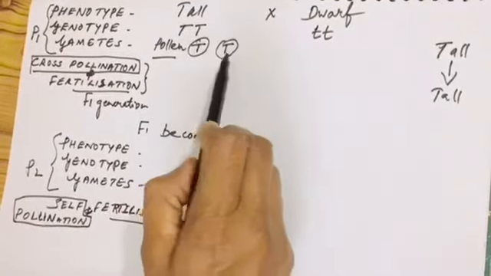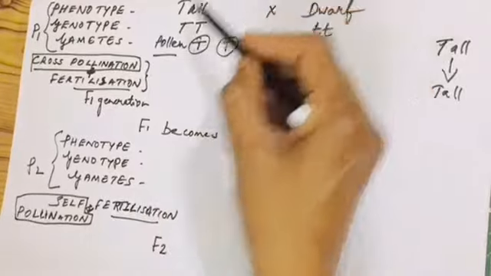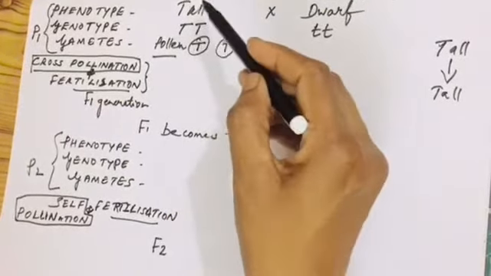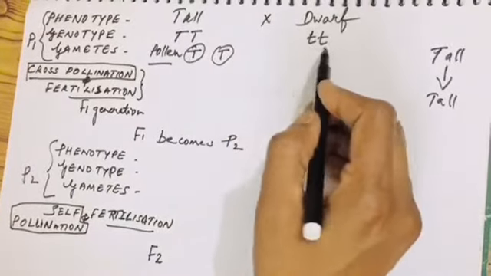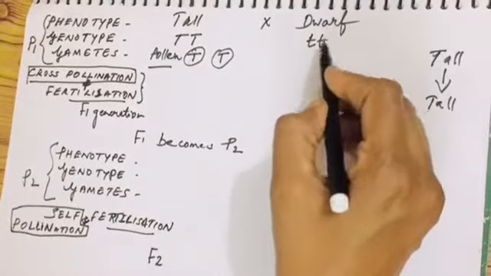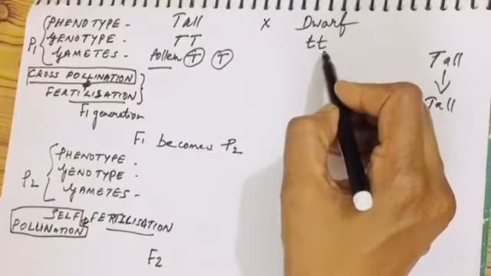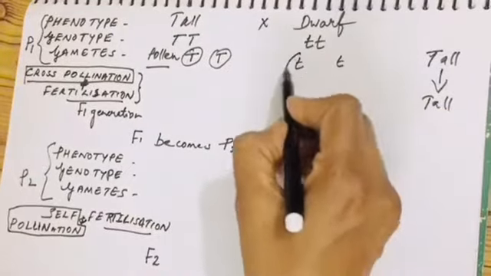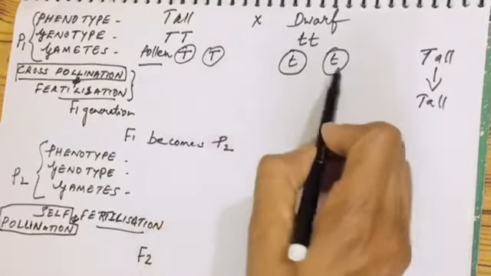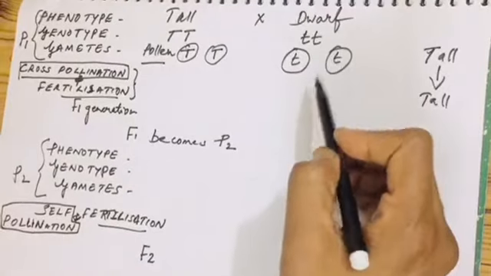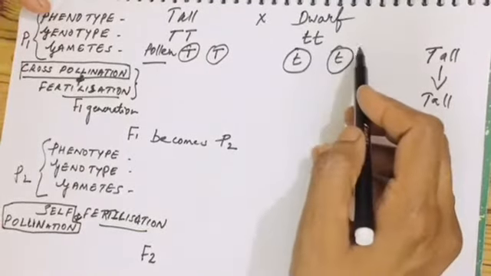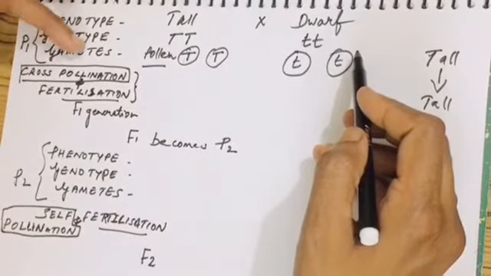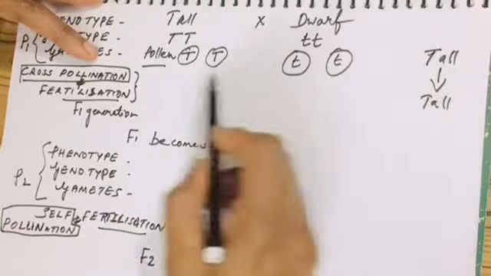This is to represent the genotype of the tall pea plant's pollens. That is, he took the pollen grain from the tall pea plants. Representation here is the egg of the dwarf pea plant. What you have to do here? Small t, write separately and circle it. This is how you will represent the gametes. So I repeat, in the experiment, first you have to write the phenotype, then the genotype of the parental generation, then you will write the gametes genotype.